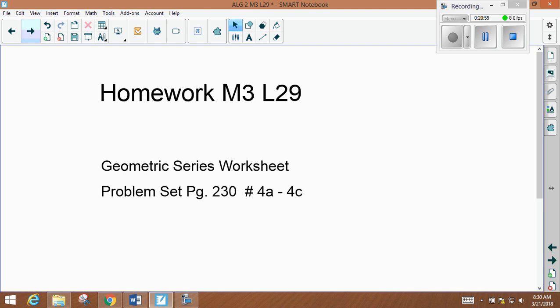I will go ahead and get you your geometric series worksheet tomorrow. If you want to get started on that, you can. You guys will have your skill test over this on Friday. If you're not going to be here, you can take it tomorrow. If you're not going to be here tomorrow or